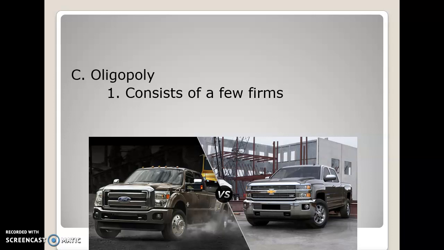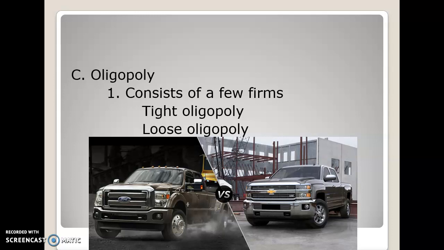There are also different types of oligopolies. The first one is called a tight oligopoly. Here's a definition for you. It's an industry in which the top 4 firms account for 75% of the market sales. And then there is a loose oligopoly. It is an industry in which the top 4 firms account for 50 to 75% of the market sales. So the key difference is percent. Tight is more than 75%, loose 50 to 75%.